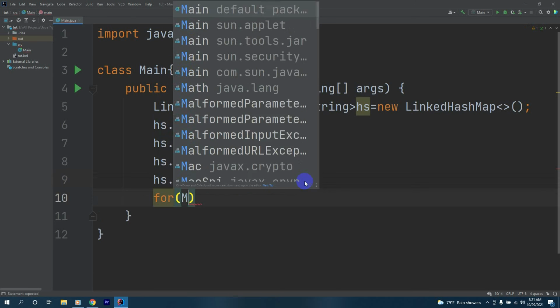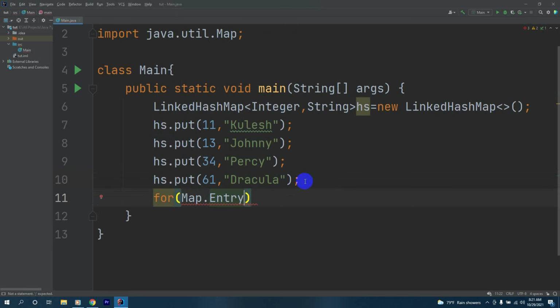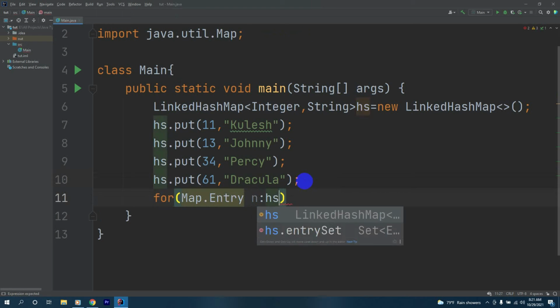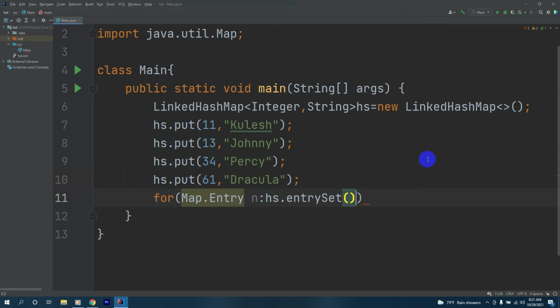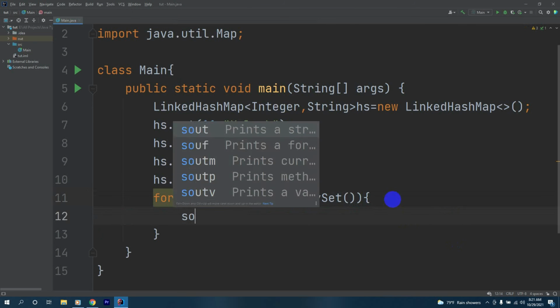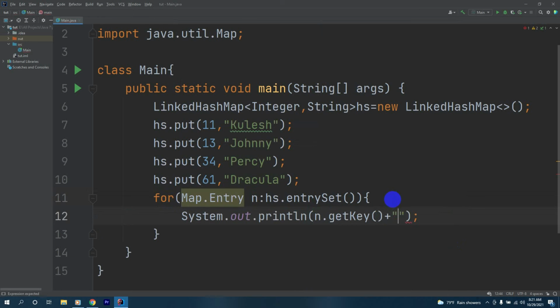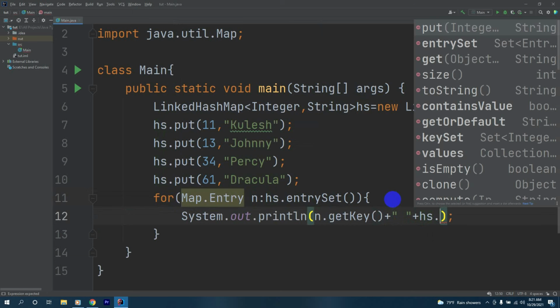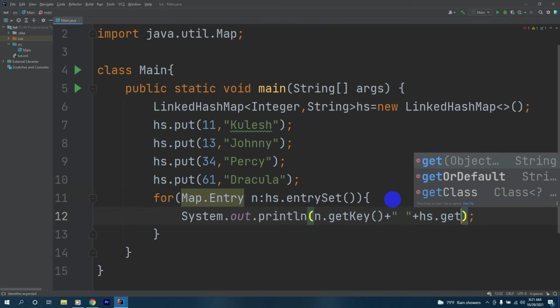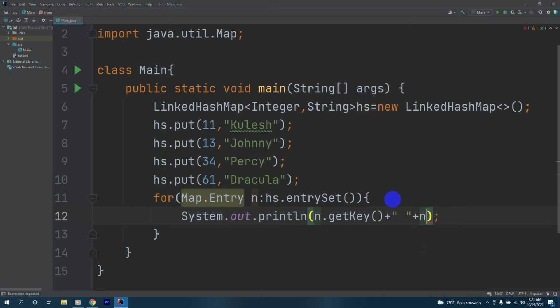In the for loop we'll say Map.Entry and we'll call this n and make it equal to hs.entrySet, and after that we'll print out n.getKey plus a space, and we'll give hs.get n.getValue.